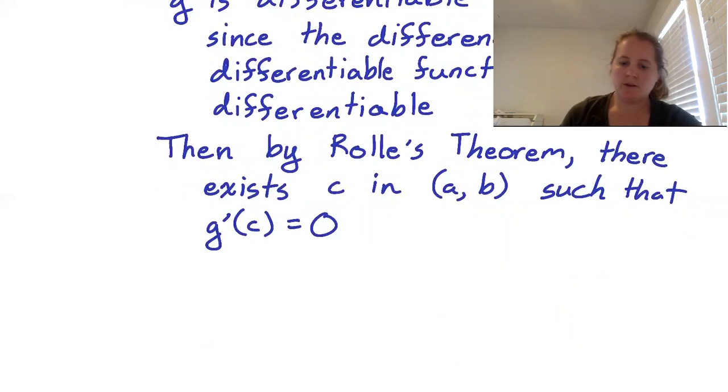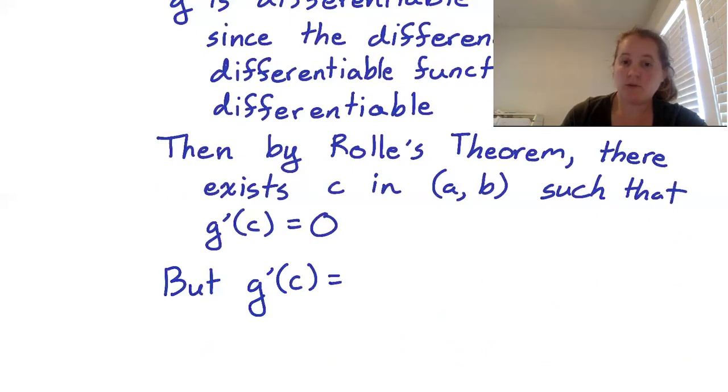And so we know that g prime of c is equal to f prime of c. Well, before we get there,